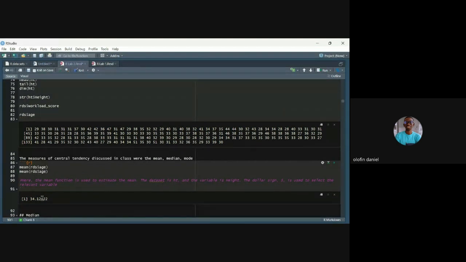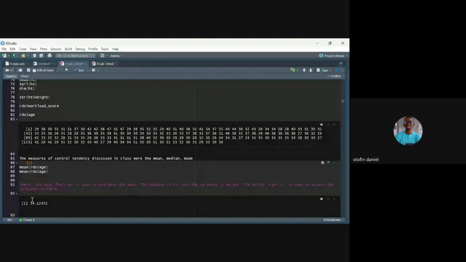So it's going to show the mean value for that variable, the average value of that variable actually. Someone might be wondering, why are we using $? Actually, we are telling R, the reason for the $ is that when the variable name RDS,